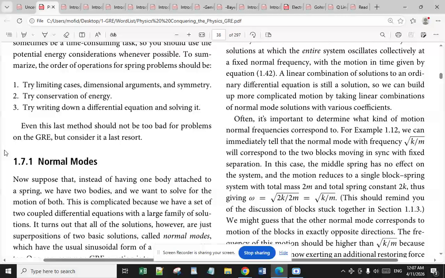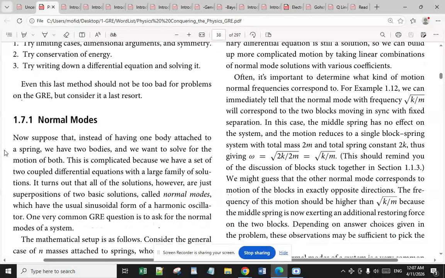In this case, the middle spring has no effect on the system and the motion reduces to a single block-spring system with total mass 2m and total spring constant 2k, thus giving omega equal to square root of 2k divided by 2m, which is equal to square root of k divided by m. This should remind you of the discussion of blocks stuck together in section